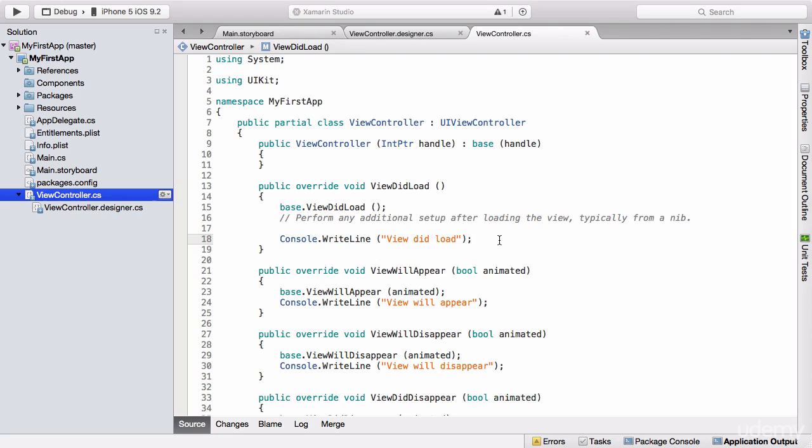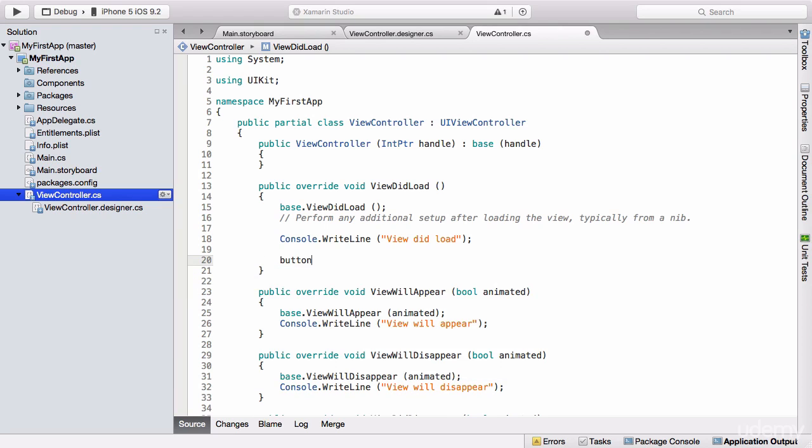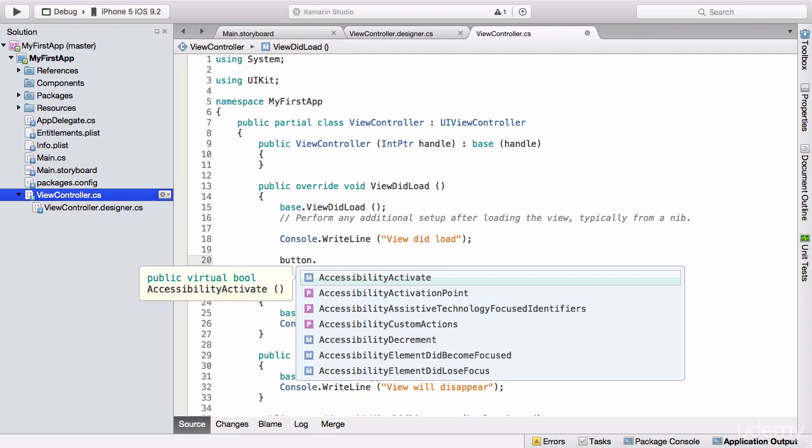Now, why do we set it in here? That's because viewDidLoad only loads once, regardless if it goes off screen, on screen, background, whatever. viewDidLoad only loads once. So it's the ideal place to do one-off tasks, and the following is a one-off task. We want to grab our button,